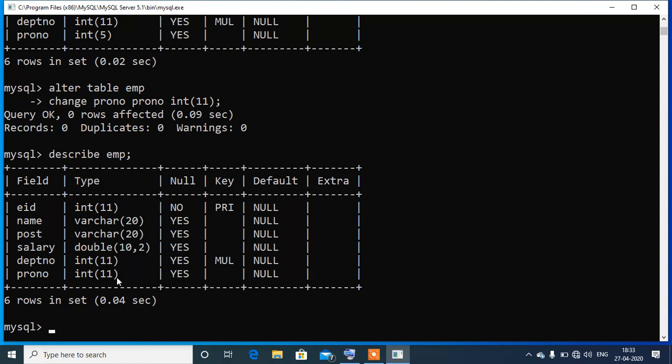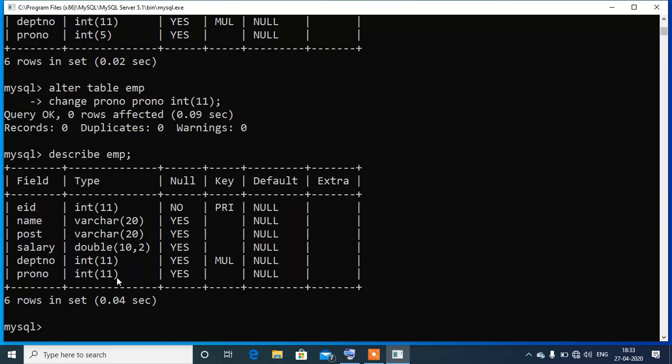Now there is one more thing that we can do with the alter table statement, that we can remove a pre-existing column. But before removing it, let us head towards the update statement. After updating it, then we'll talk about the removal of the pre-existing column.